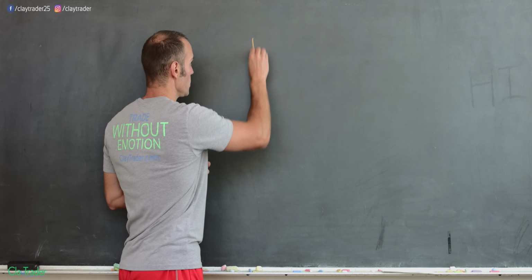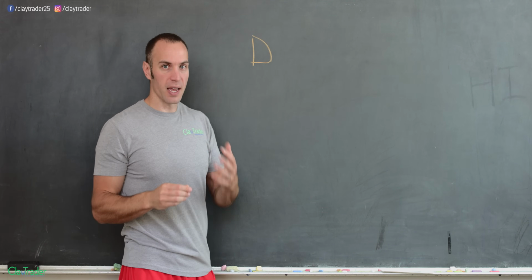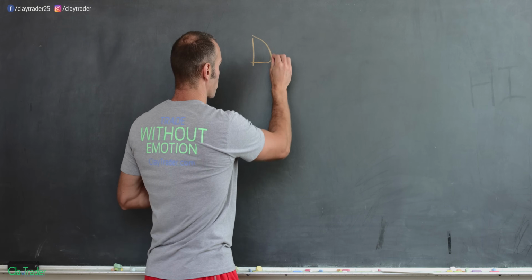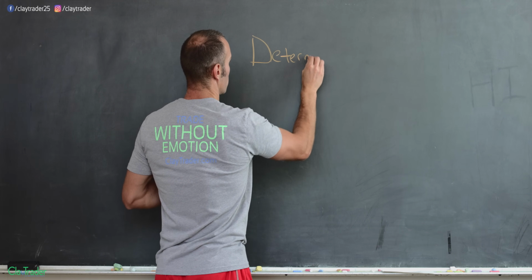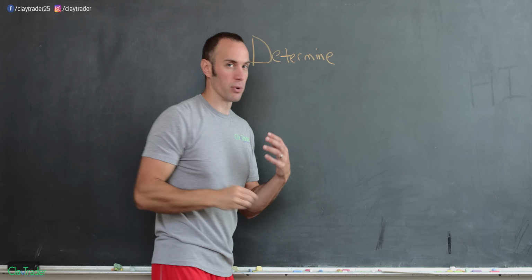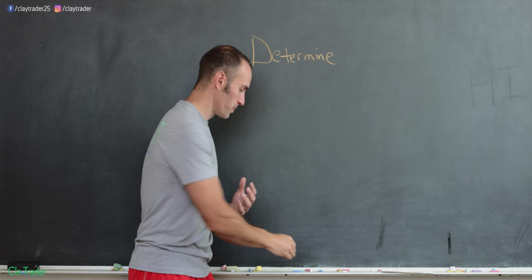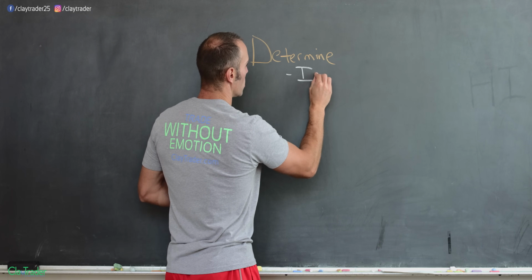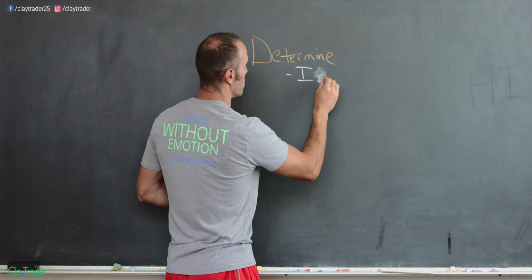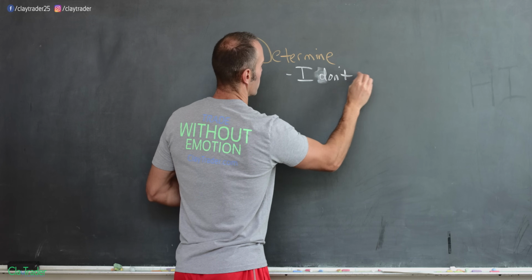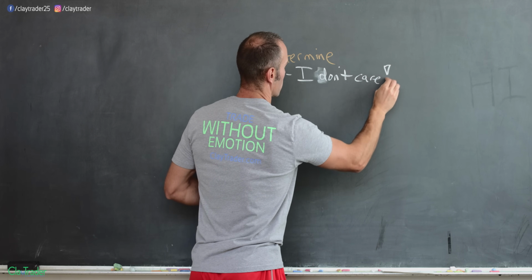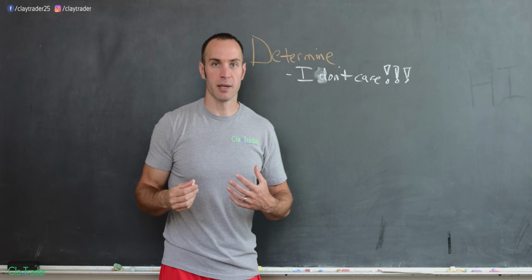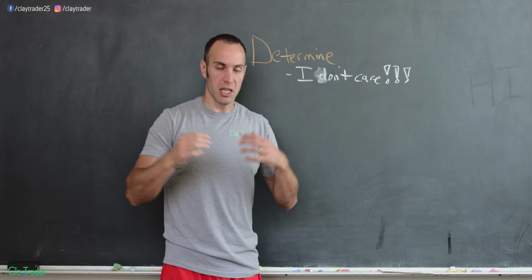So the first part of Dave is this. I want you to sit there and determine a certain number. What is this number? Well, what I would call this right here is "I don't care." Now, what don't you care about? An amount of money. The amount of money being if you lost it.